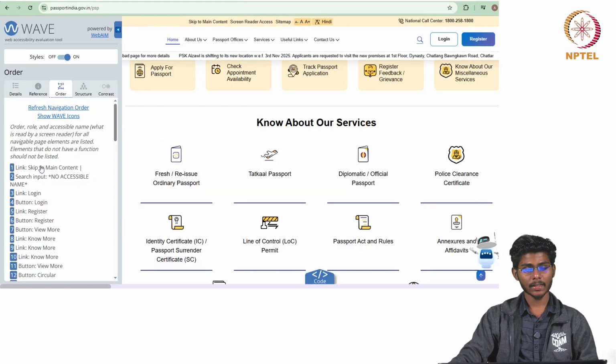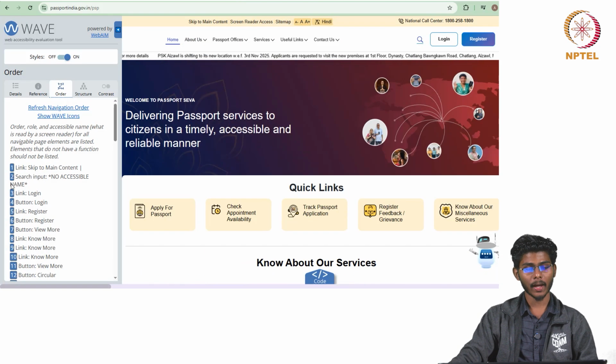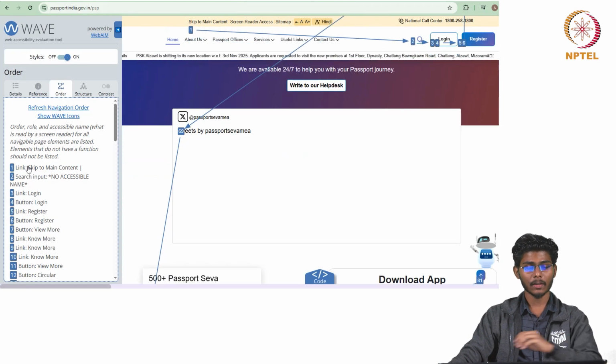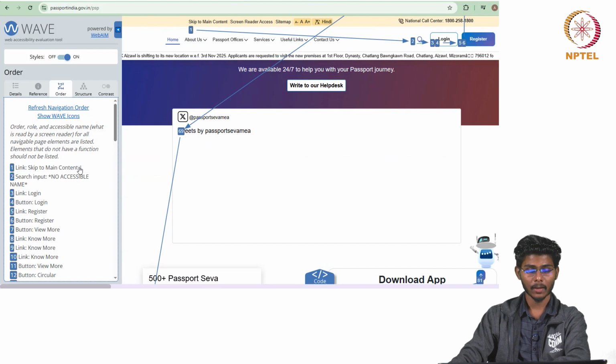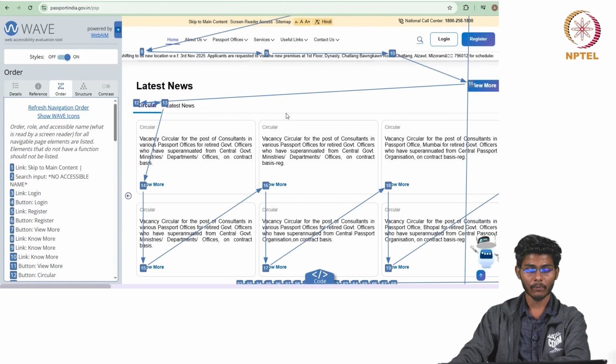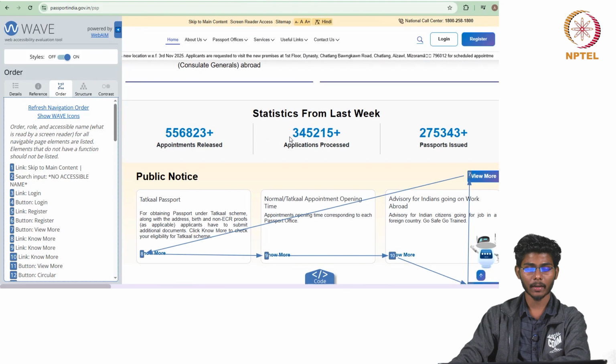And as I mentioned, it also has the ordered section of the interface. So the first in order is skip to main content. Each is connected in the interface.